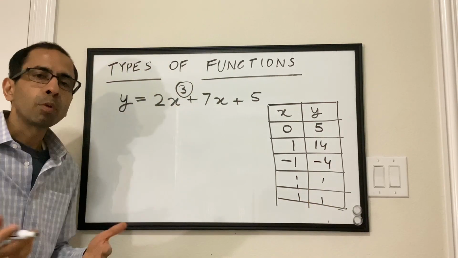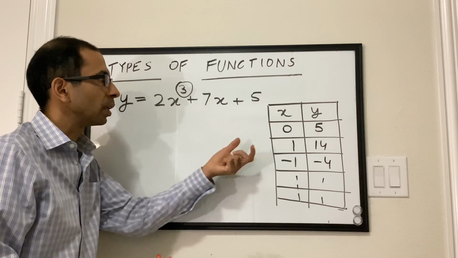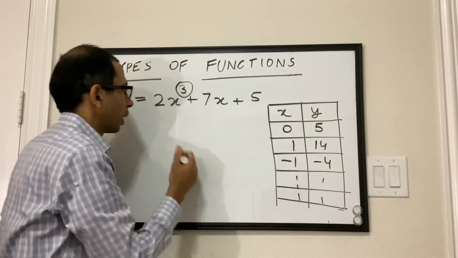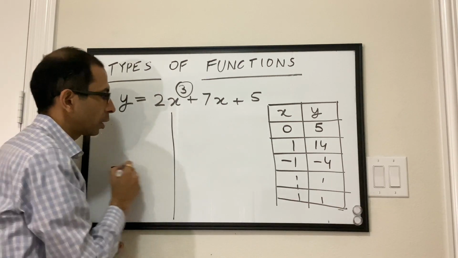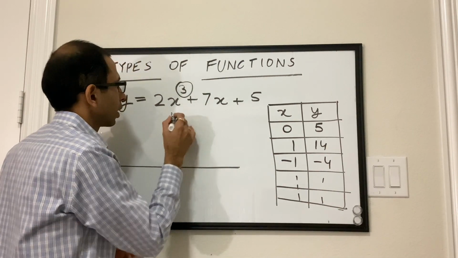So basically, the point I'm trying to make is that whenever you get a function, all you got to do is to create a small table of x and y points and have those points. After that, we can just plot these points and join them. That becomes the graph of the function. In this case,